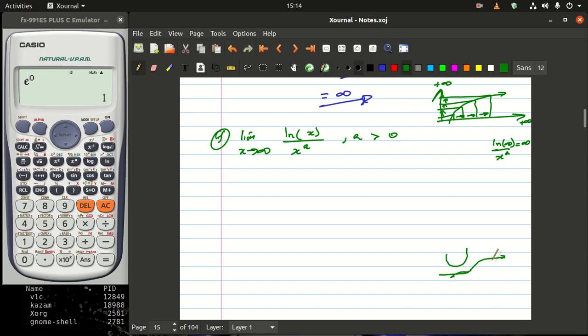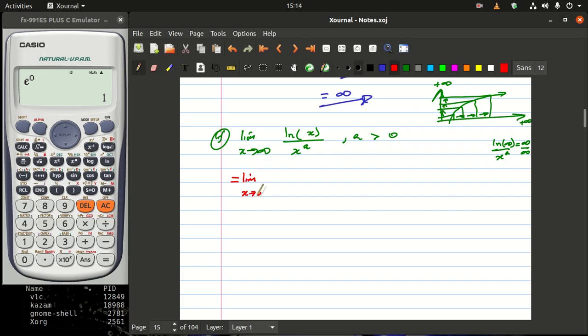So as x keeps increasing, this function is always going to be increasing. So this one is also going to infinity. When this one is going to infinity, this one is also going to infinity. Because that is happening, it means that we can use L'Hopital's rule,